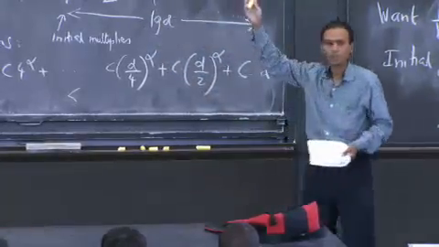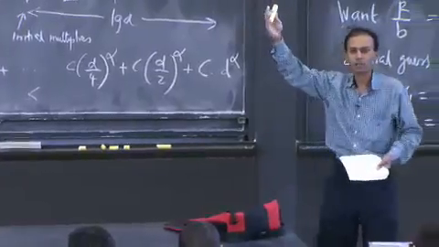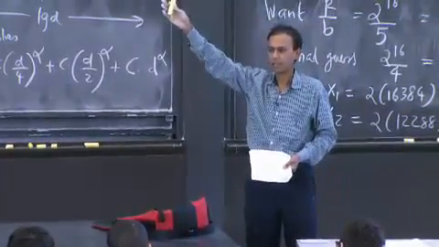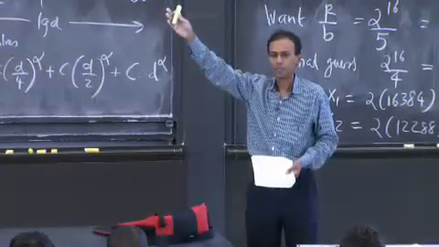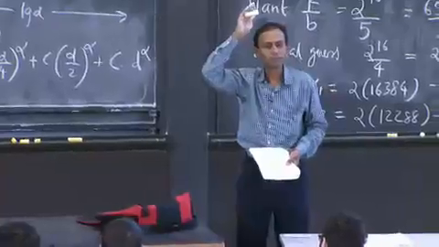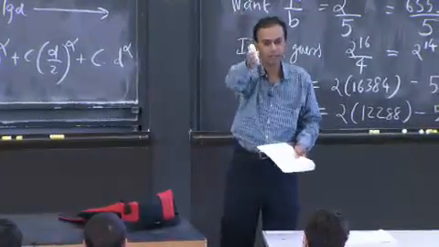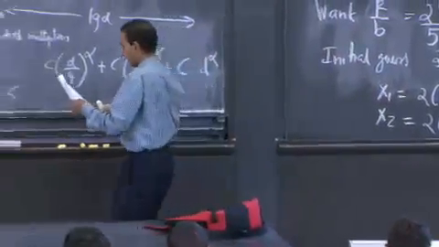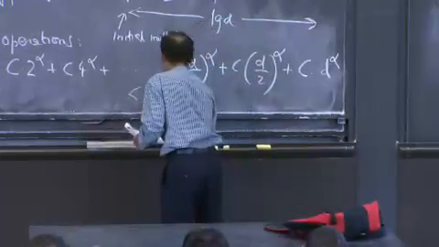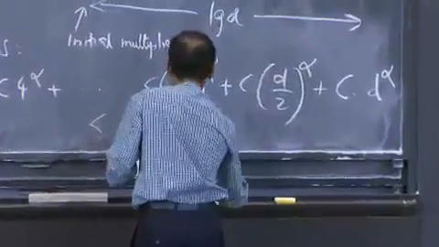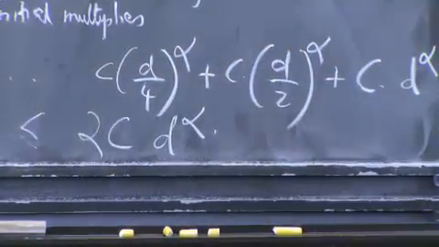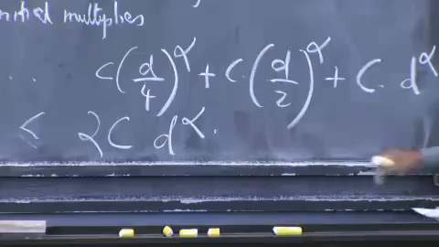Just plug in a value of alpha. And then remember your convergent geometric series and things like that. What is that? Someone? Yeah? It's just some constant times d to the alpha. That's exactly right. And in fact, you can say it's 2c d to the alpha. Okay? I'll keep a cushion for your side.